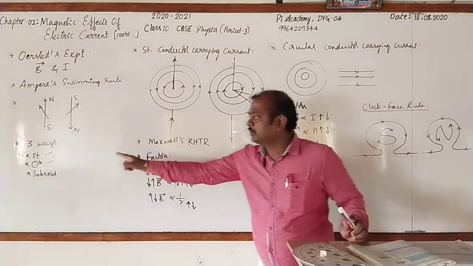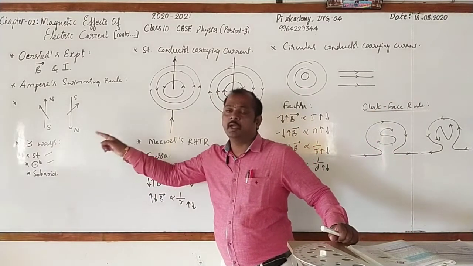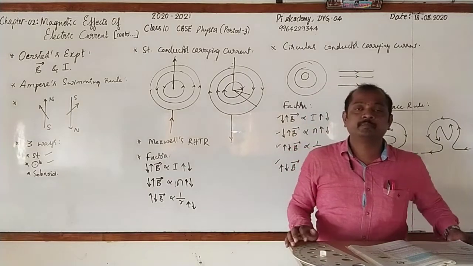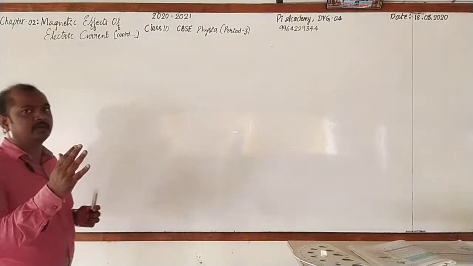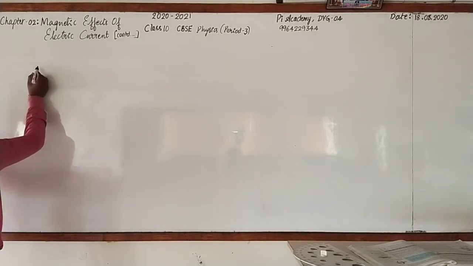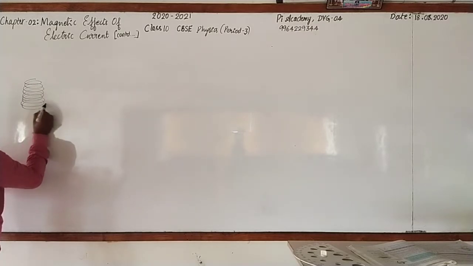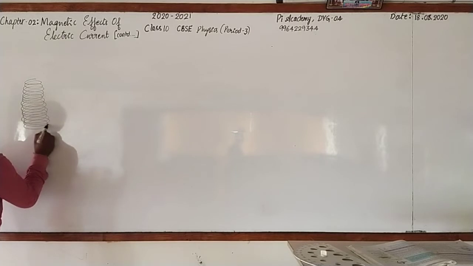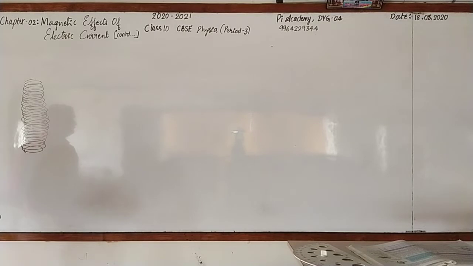That is, we will come to know the pattern of lines of force around a solenoid. And before that, first we shall understand about the solenoid. Dear students, just observe them. Here I am going to take a long copper wire which is insulated, and I am going to make it in this way. Just keep observing. See that long copper wire is taken, and here I have made a spring-like structure. This is nothing but a solenoid.